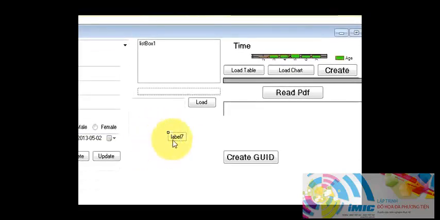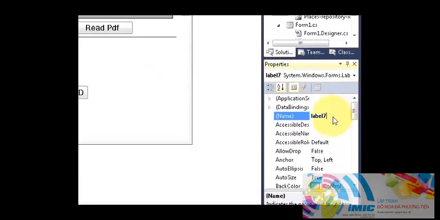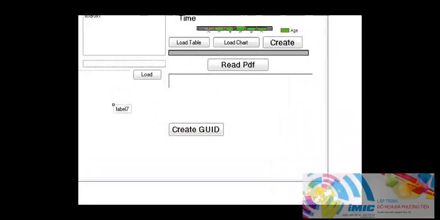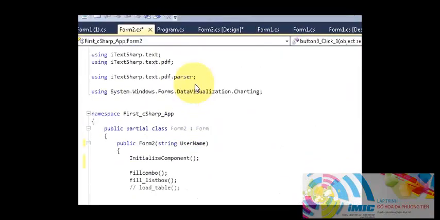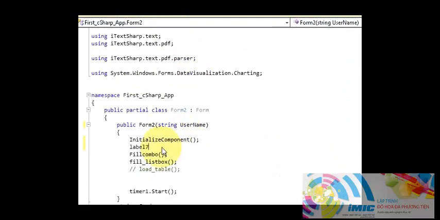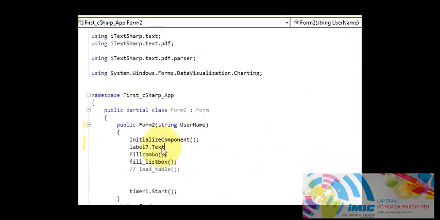It's not a good design, but it will just demonstrate what I want to demonstrate. So this is label7, so I will copy the name of this label to the code, and just below InitializeComponent, dot Text is equal to your string value from here. Okay,